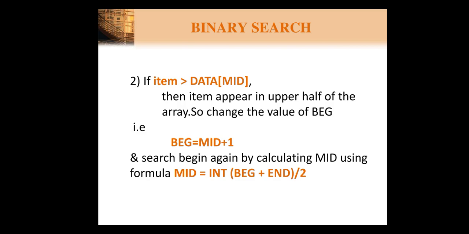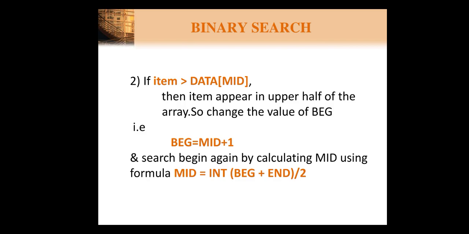After setting beginning equals mid plus 1, again we get the whole array from beginning to end. So we need to divide that array into two parts by calculating the value of mid and then compare our element with that mid value, whether the value is present at the mid position or not. In this way we have to divide the array into two parts. Now how many times do we have to divide the array, or how long will this process continue? This procedure, dividing the array and then comparing with mid, continues till beginning and end are both at the same position.